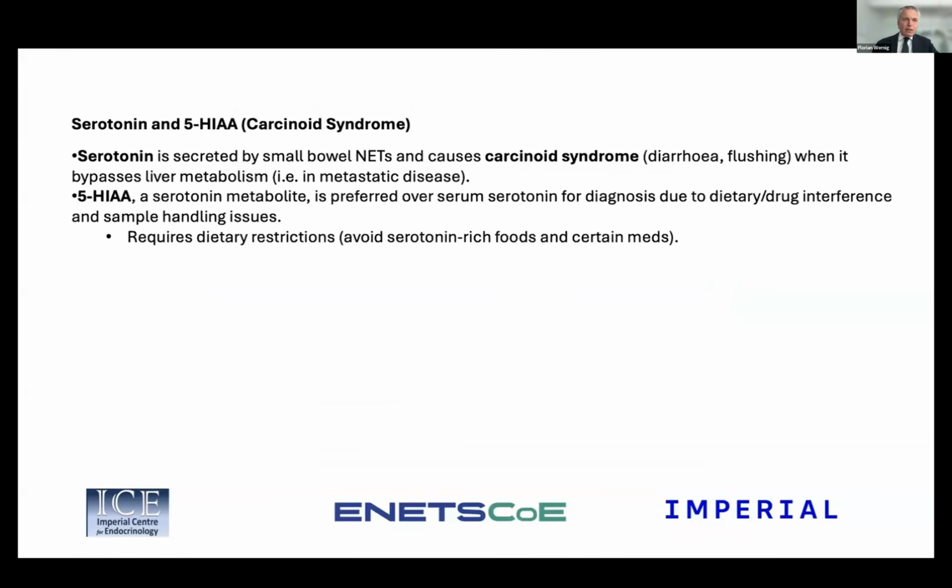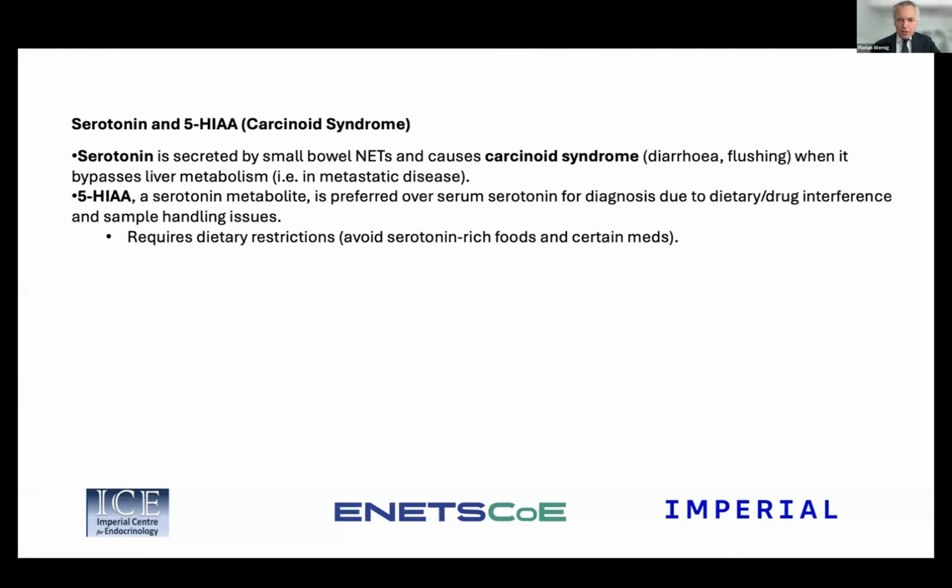So as I alluded to earlier, serotonin is secreted by small bowel neuroendocrine tumors and can cause symptoms such as diarrhea, flushing. This only occurs when it bypasses the liver metabolism. That means if the neuroendocrine tumor has already metastasized to the liver. The preferred analytic metabolite is